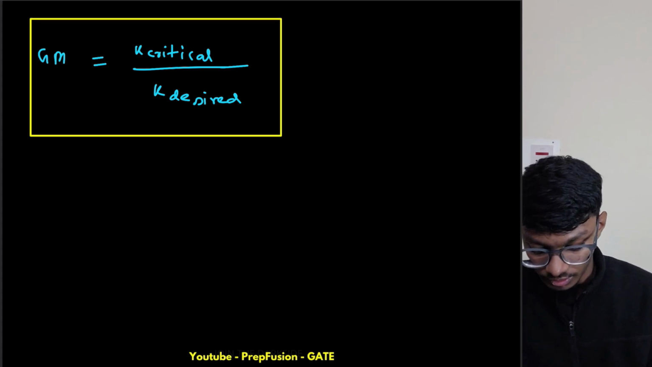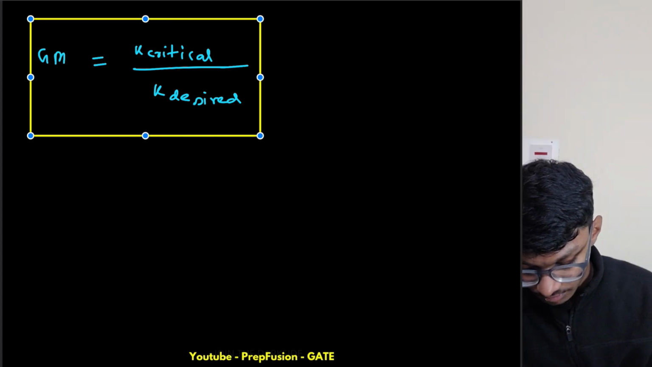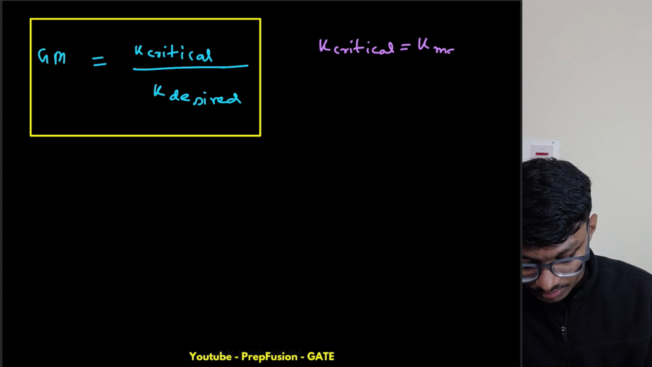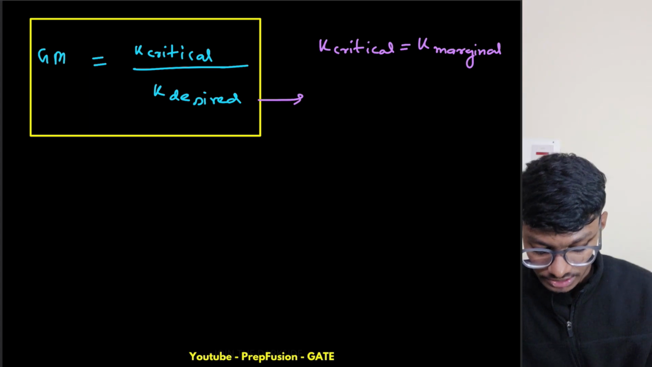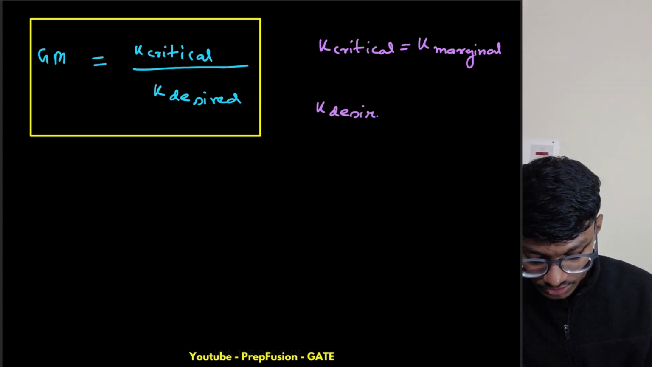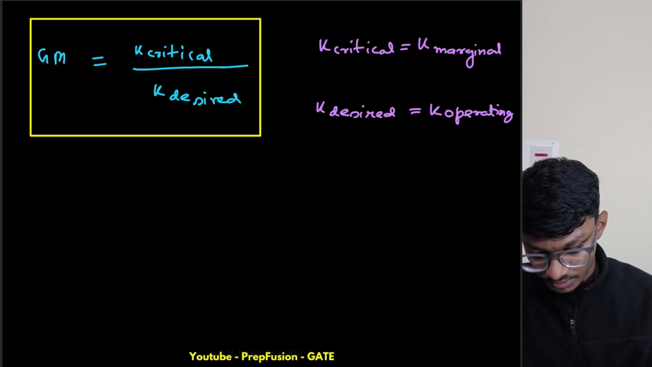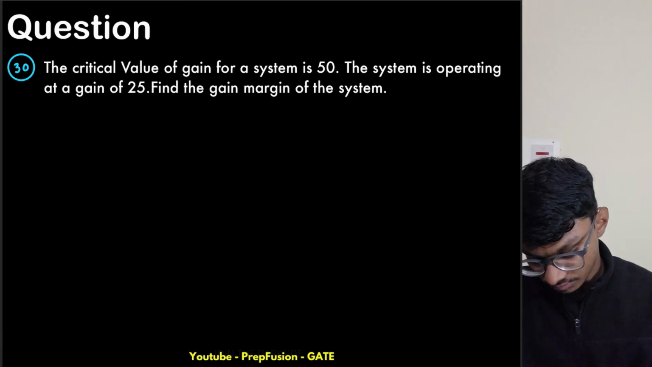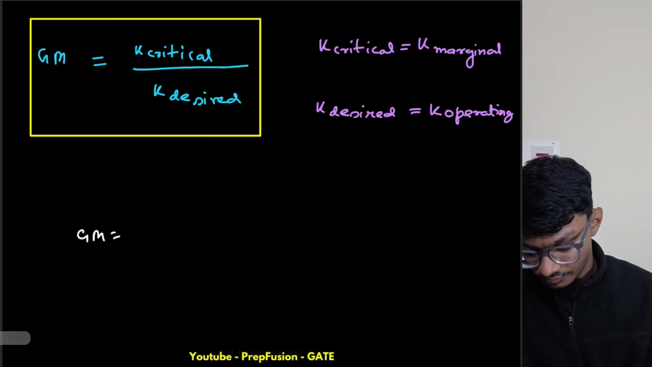If you can remember it, or I have shown you how to derive it. This K critical is also known as K marginal. These are just names, nothing else. K marginal, because it's just marginally stable. And this K desired is known as K operating, as I mentioned earlier. So just be careful of that. This is just terminology, don't get confused by this. From here I can simply use the formula. What is K critical? K critical is 50. And what is K operating? 25. So 50 upon 25